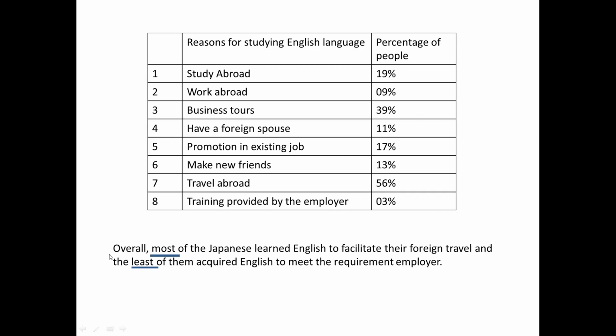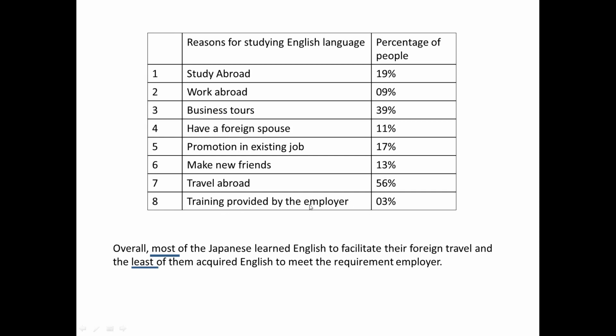So overall, we have to write it at the beginning. So overall, most of Japanese learn English to facilitate their foreign travel. So here, foreign travel abroad is the main reason for them to learn English, and the least of them acquired English to meet the requirement of employer. So here 3% is least, and